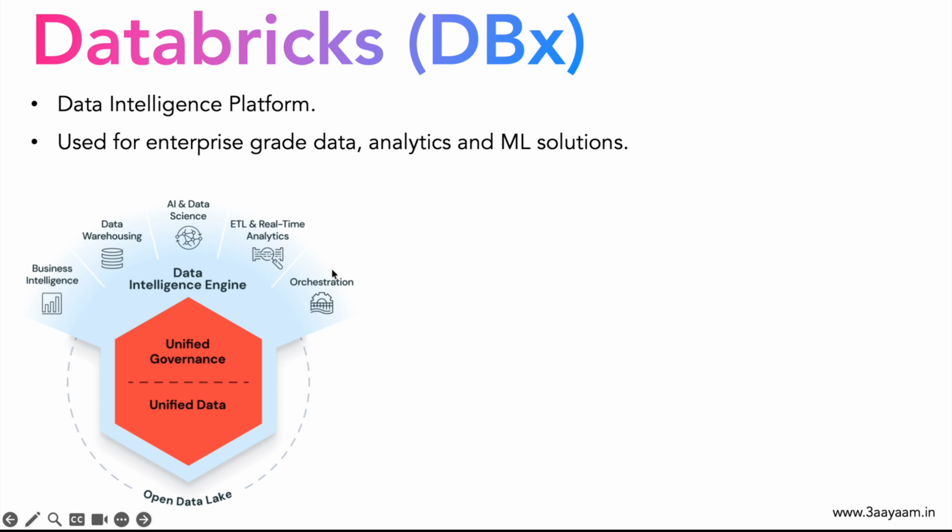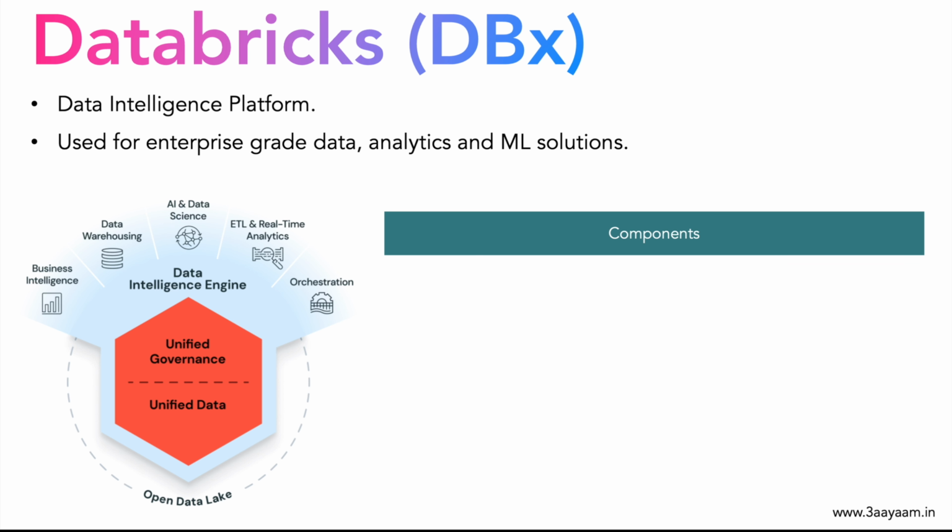So if you think of the data lifecycle or the data engineering pipeline, everything is covered by Databricks. We do not need to use any other solution apart from the Databricks data intelligence platform, because it gives you end-to-end capabilities to handle the entire data lifecycle. It also provides data governance using something called Unity Catalog, and all of this sits on the open data lake or lakehouse. From this diagram, we can conclude that the Databricks data platform has multiple components.